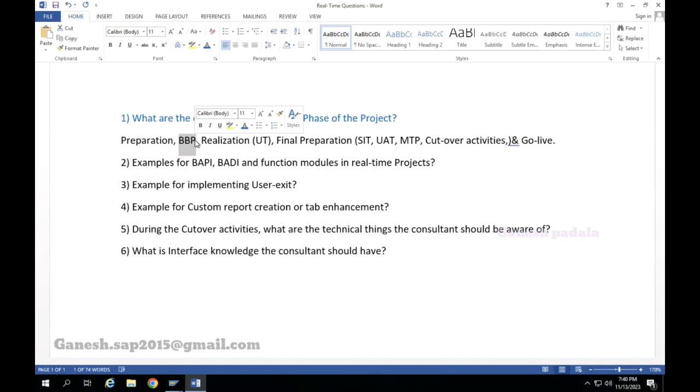Blueprint wise, you can put challenges like the business processes are not explained or not given proper requirements. Or else the business didn't go through all kinds of possible scenarios, maybe three or four scenarios which frequently happen. They would have forgotten two or three countries or two or three processes where they do some special kind of thing. They will come to know during UAT or during go live. That is one challenge.